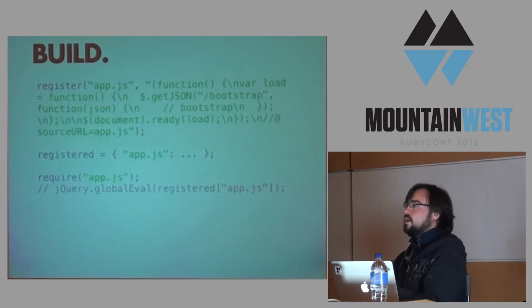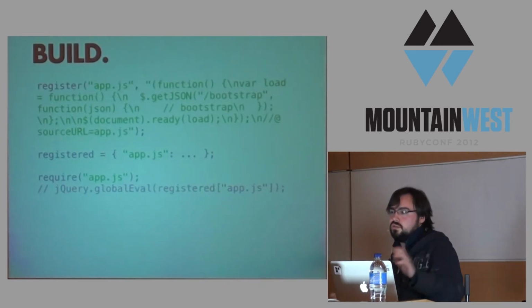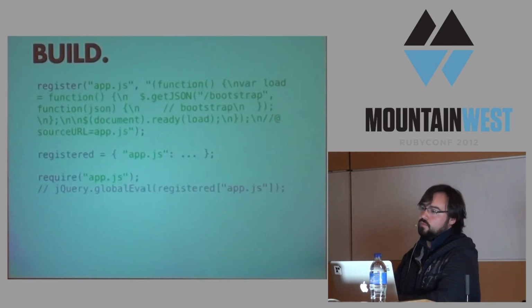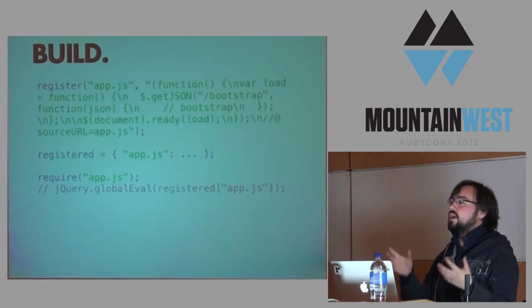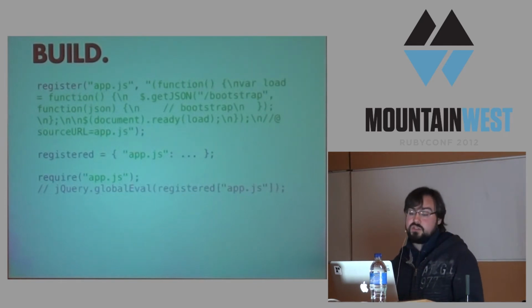People talk about module systems in the browser a lot. There's several big ones that implement CommonJS. I actually think that you get most of the value of a module system from something like this, because you can then concatenate all your files into a single file, and you get the benefit of Chrome knowing what's going on. And what's especially awesome,